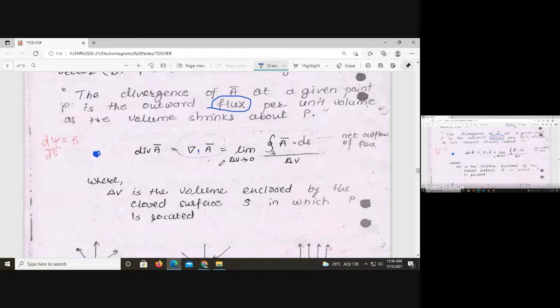Now as per the definition here, this term is referred to as the flux of any vector quantity. So it is A bar dot dS bar, through this area vector, this closed surface, right? So whatever the net outflow of the flux per unit volume, this is delta V, per unit volume as